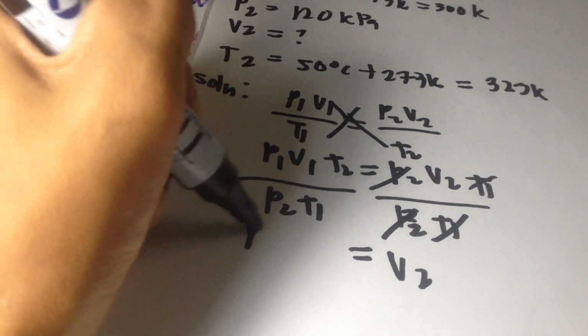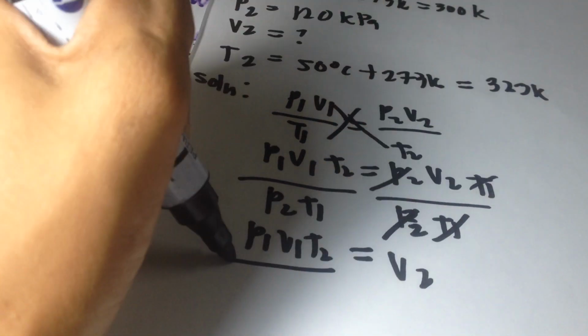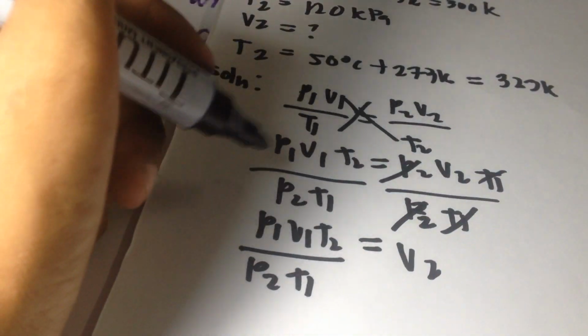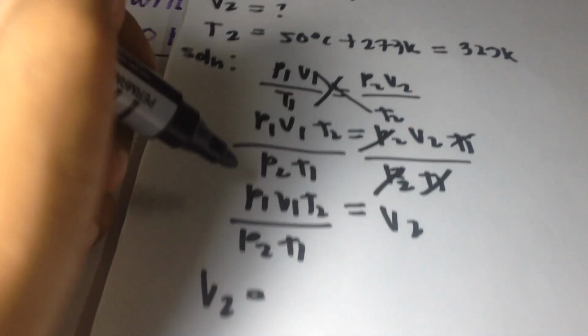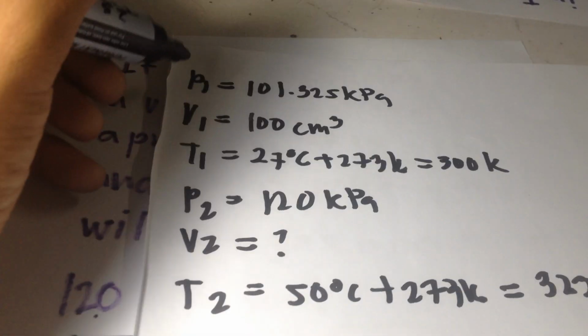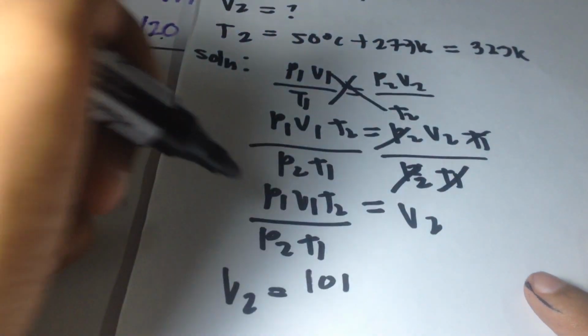So the left is the volume 2, P1V1T2 over P2T1. So volume 2 is equal to, what is the value of pressure 1? It is 101.325 kilopascal